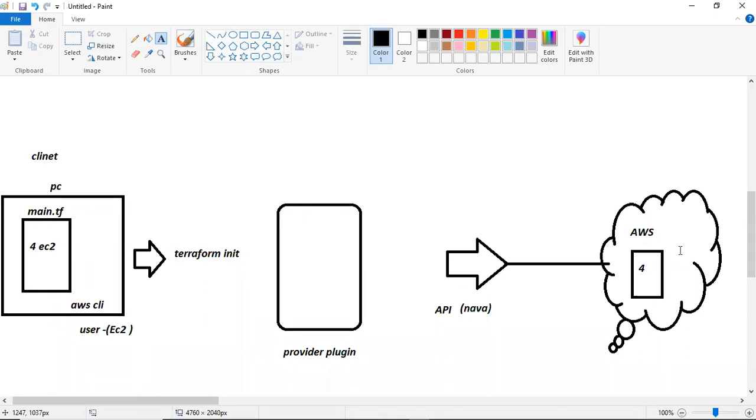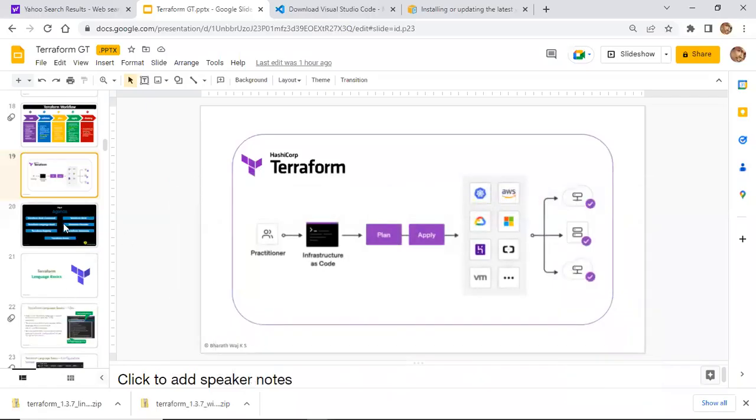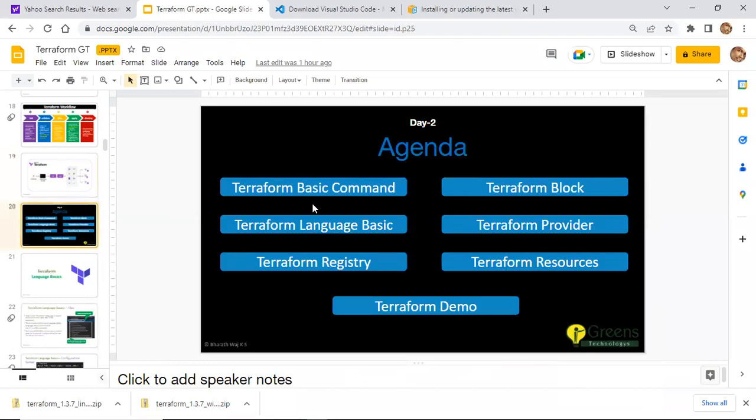We'll see about the provider in the next class, and we will also work with some configuration files in Terraform. Clear? So these are the agenda for the next class.